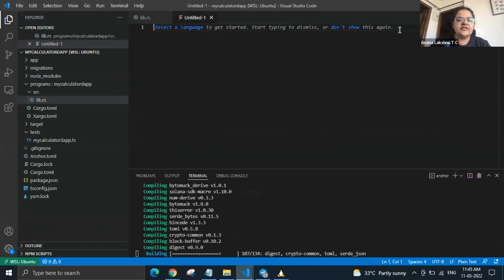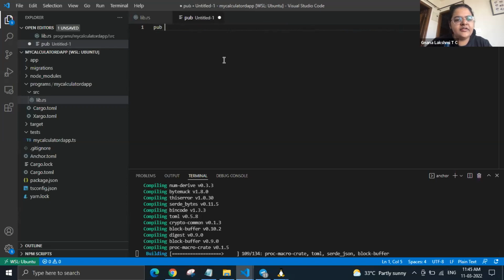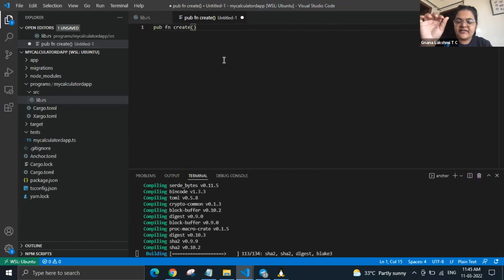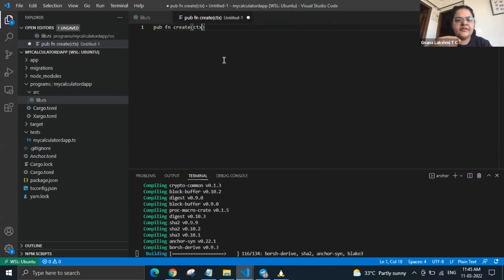Just start writing the functions here. Don't name anything, only write the functions. Write pub fn, space, create, open brackets. The context that we are going to pass, always in Rust, first comes the variable name, colon, then the type of the variable. The context we are going to pass is called ctx, colon, Context with capital C,